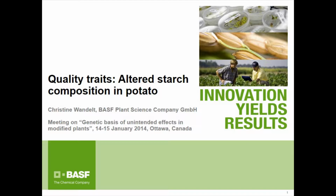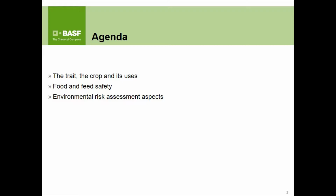My name is Christine Wandelt, and I'm a Regulatory Affairs Manager with BASF Plant Science, and I will introduce you to a quality trait and the risk assessment of a quality trait, which is altered starch composition in potato. So we'll provide some overview of the trait, describe it, describe the crop and potential uses to set the frame for the assessment, give some background information on food and feed safety assessment, and also touch on some environmental risk